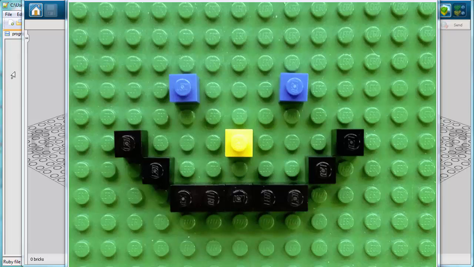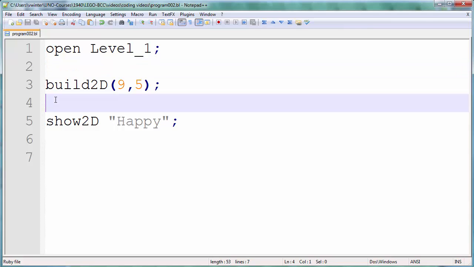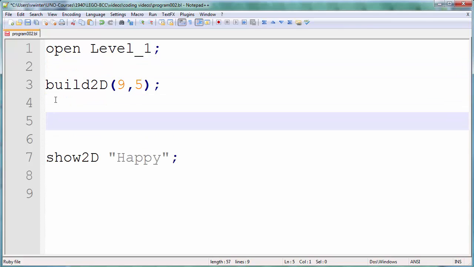Okay, let's get started. So here we have our sort of template. We're coding at level 1. We've made space to fit Happy. We're going to display Happy and give him a name. And let's get started. So we're going to put